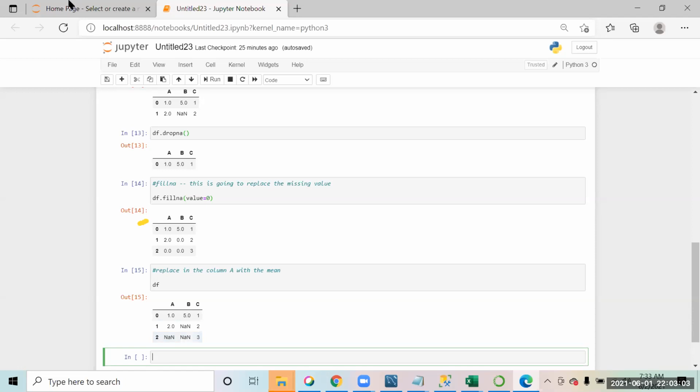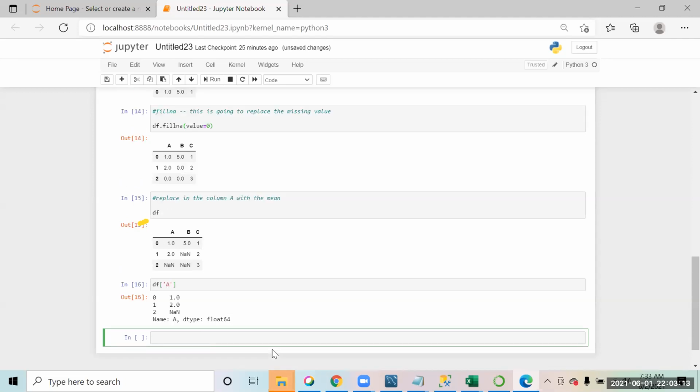Then, anyone? Let's do it. First of all, if I say df, I want to see only column A. So I can type this, and I get the data of only column A. Just go step by step. On this column A, I want to apply the fillna function.